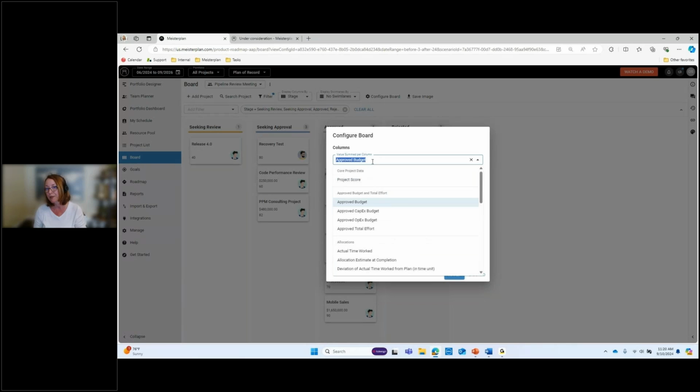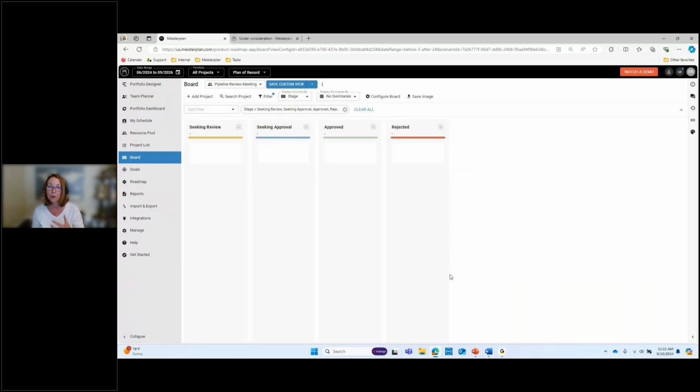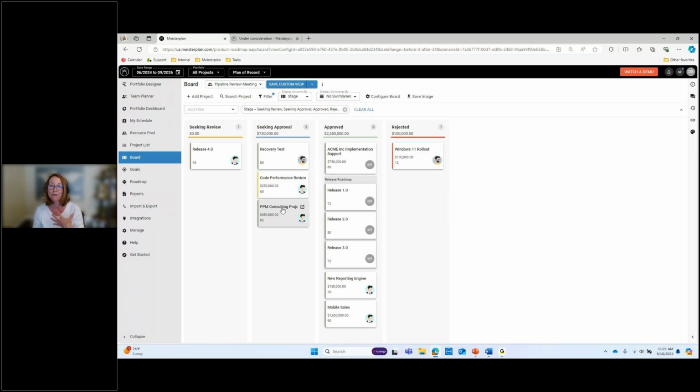Let's do, since I'm showing benefits, let's sum up benefits to a column level here. I'd also like to color code these by the strategy fit. Based on how important I think this fits to a strategy or a business goal, that's a nice kind of separate information that you can see here without putting more on the card. So notice the benefits are rolled up now by the